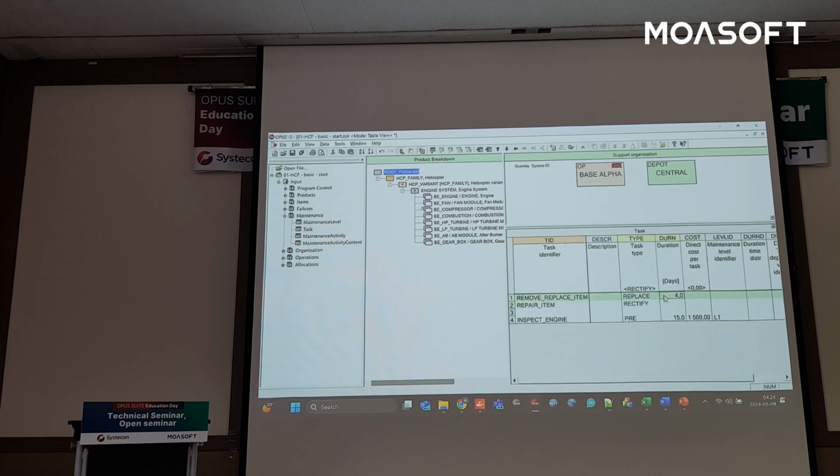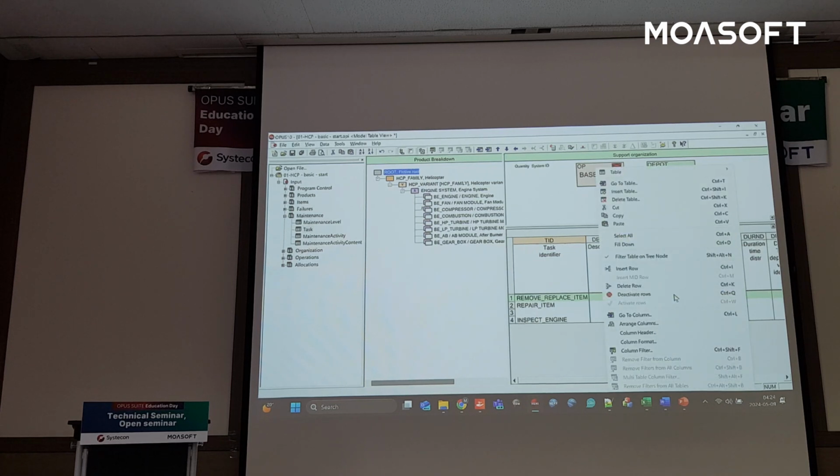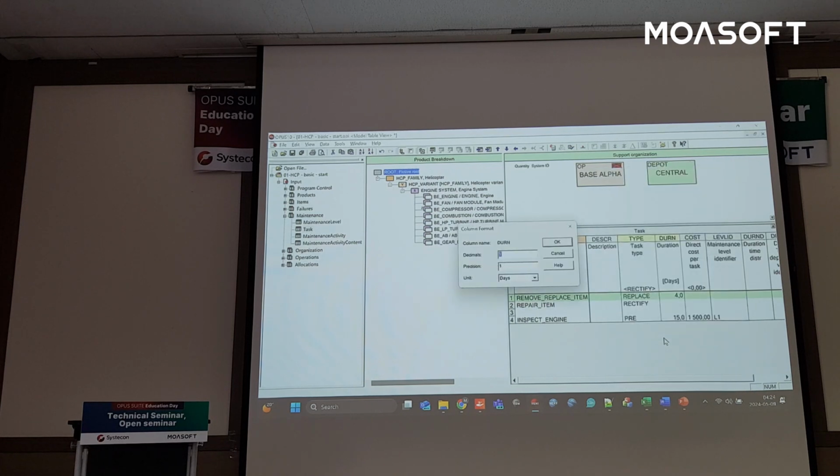That's quite a long time and will give you really poor availability of the systems and probably not a real work case. So what I need to do is right click this column and go to the column format